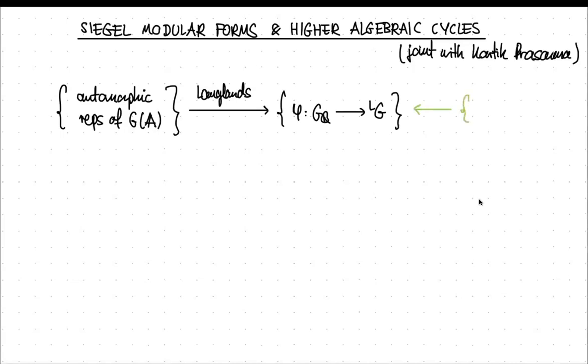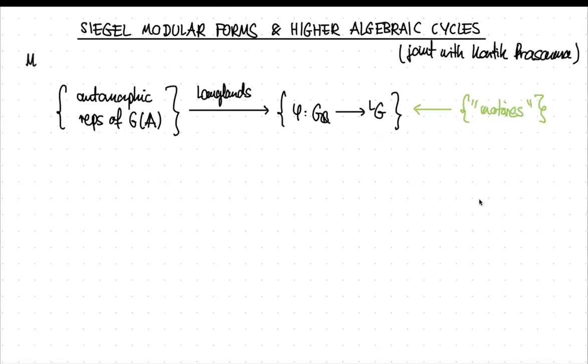So there's this upgrade you can do of the Langlands conjectures where you actually predict that there's not just a Galois representation, but some geometric object, which is called a motive. So maybe there's some motives whose étale realizations or étale cohomology groups give you the Galois representation. Okay, so you can imagine such a thing.